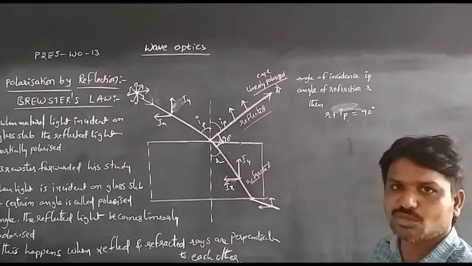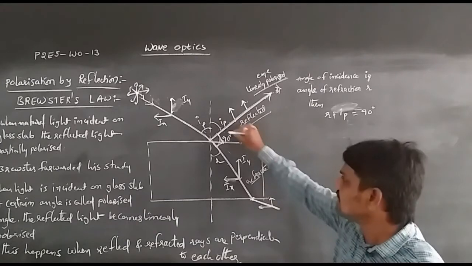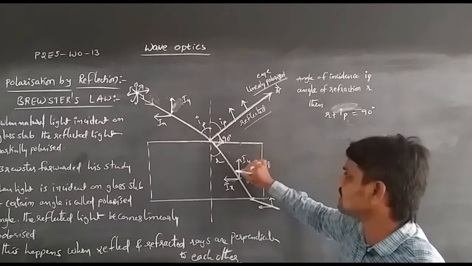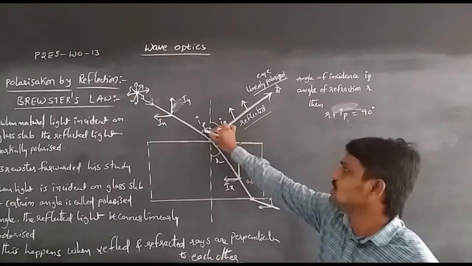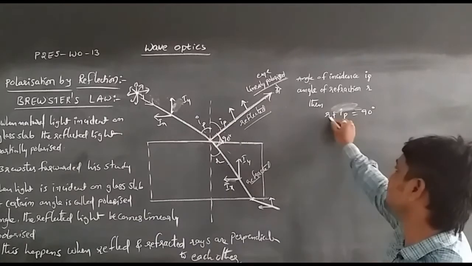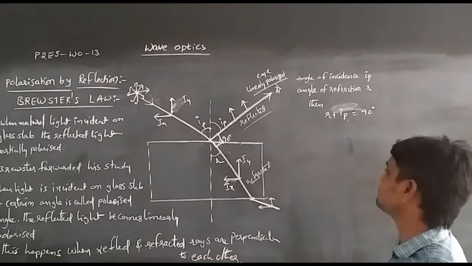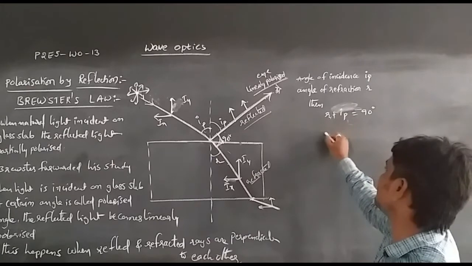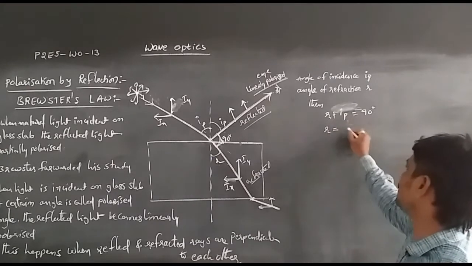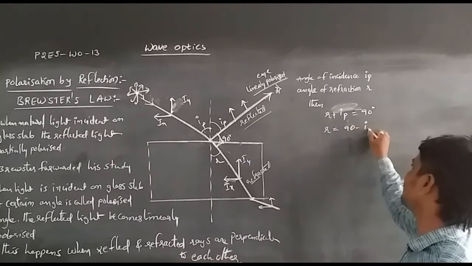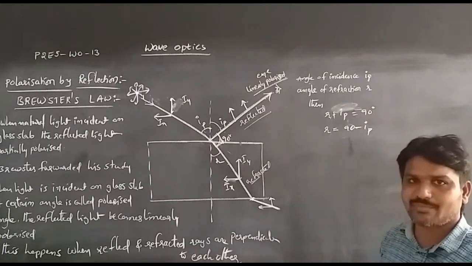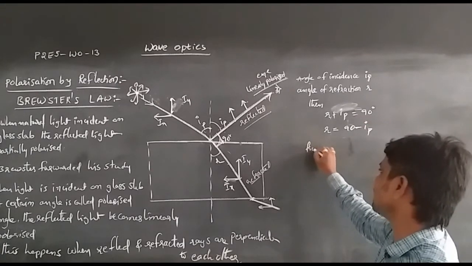R plus IP is equal to 90 degrees, where the incident angle is IP. Then the refracted angle R is equal to 90 minus IP. But we know from Snell's law,